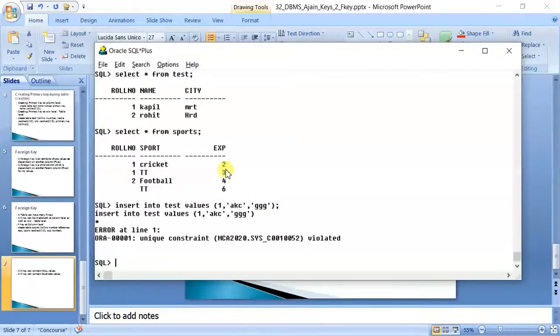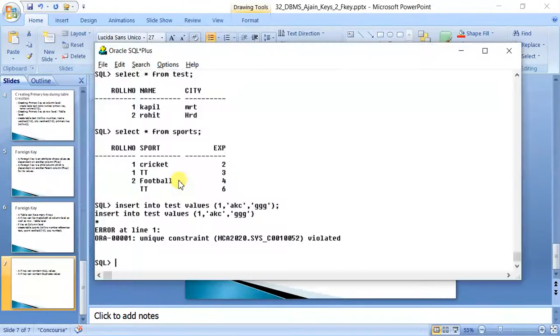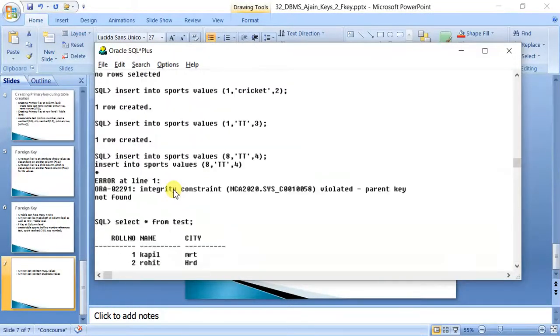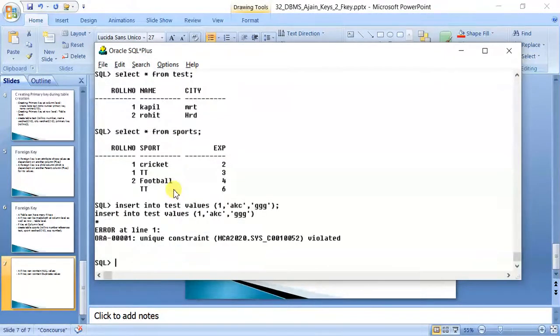I hope this thing is clear to you. There are many other properties of foreign key, but as of now we will cover only this one because at a time you can handle only this much. So I request you to practice this first, to try to create a foreign key. There are many other properties of foreign key that we will be covering in the next videos.